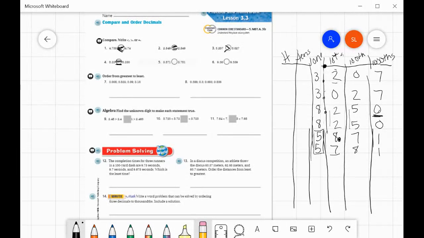So that means that this number, 5.871, is larger. So we say 5 and 871 thousandths is greater than 5 and 781 thousandths. All right. And then our last one, number 6, we have